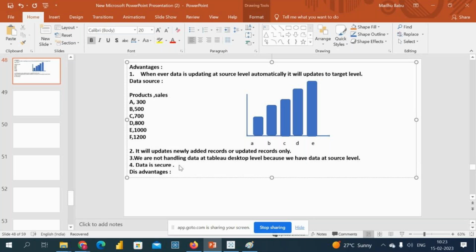What is the disadvantage? If we lose the connection, we don't have reports. That may be one point. And the second one,